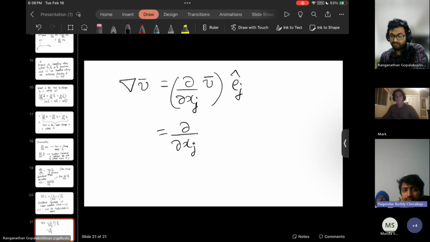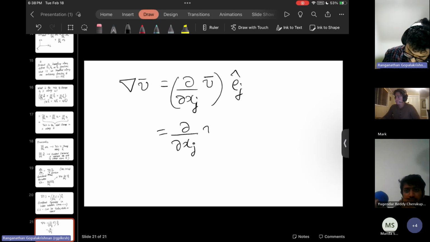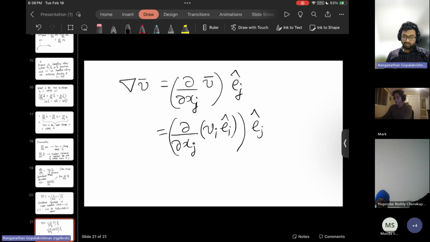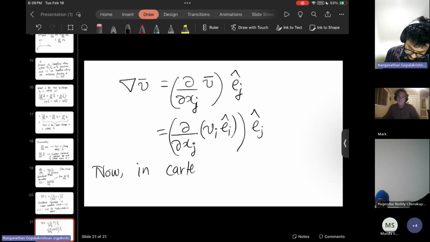Vi ei cap, right? So vi ei cap, and then you operate this with respect to, sorry, you multiply that with ej. Now, in Cartesian coordinate systems,